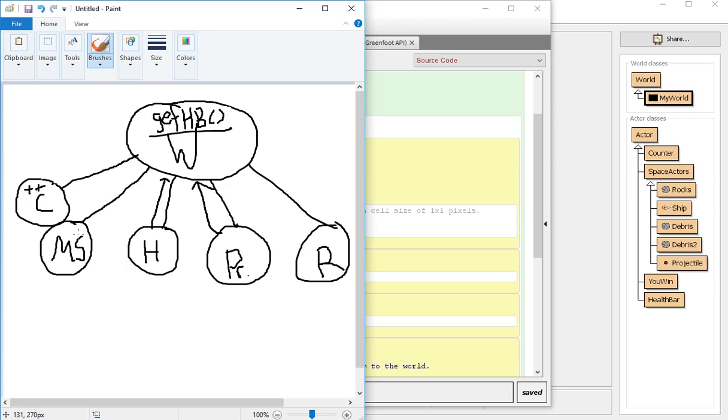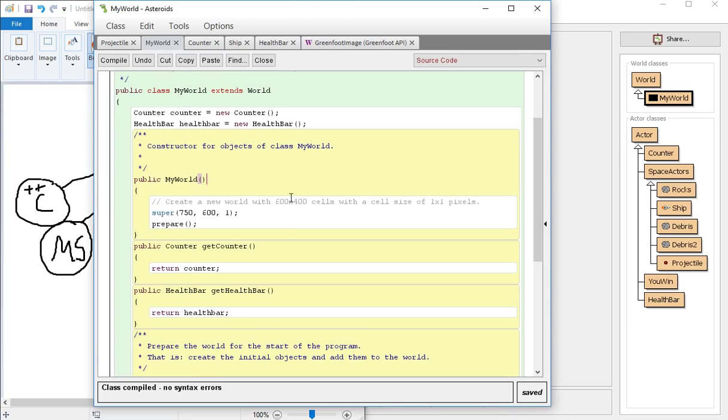And that allows the ship to access information, because the ship can only access information through the world. They cannot access information between the actors. So by doing the get health bar, the main ship can access information through the world. Okay, and the reason you do get world and other, like if I'm adding an object, so in our